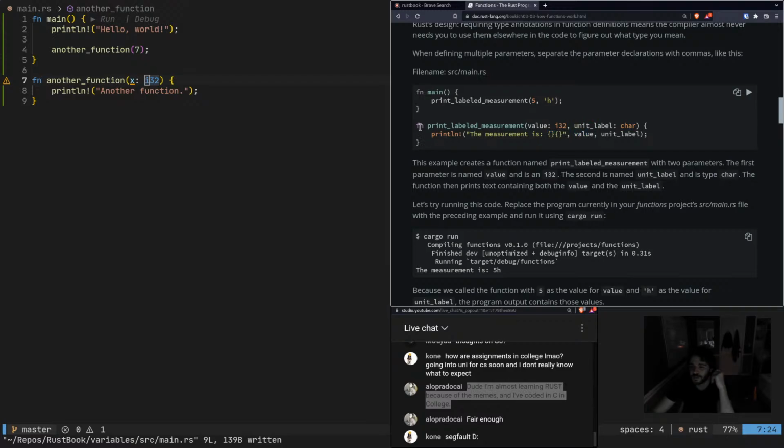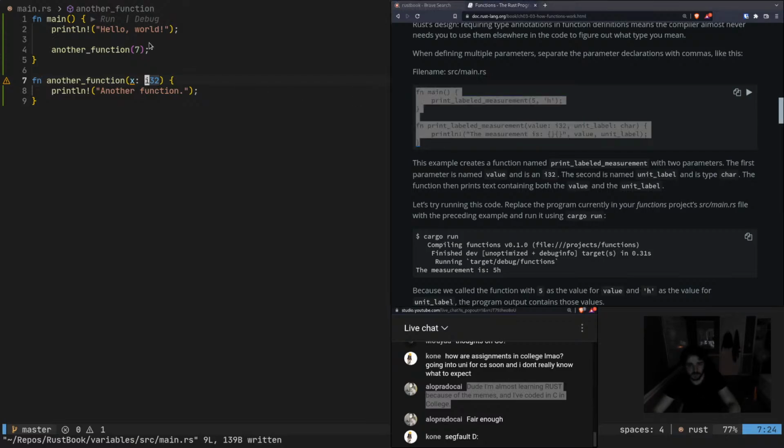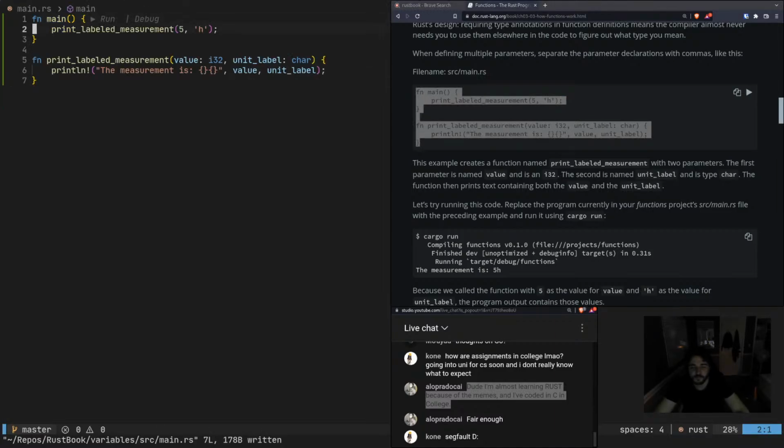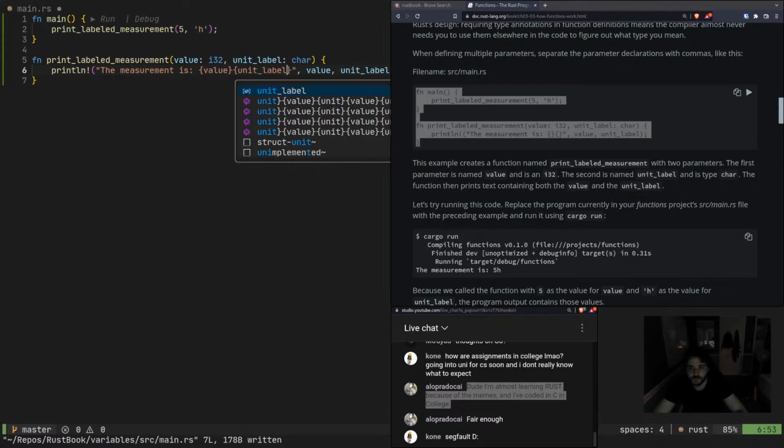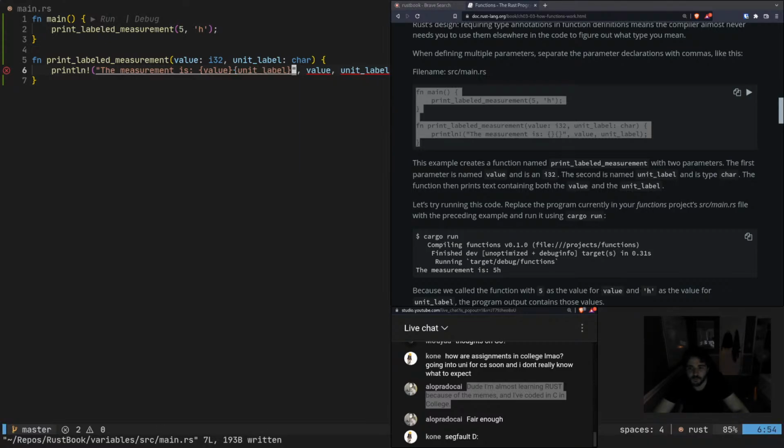I think you can do this inline though, so I kind of want to see if I can do that, because I've always wondered why not do that. If we have a value, and then we can do unit, whoops, what the hell? Unit label, and then if we could just do,